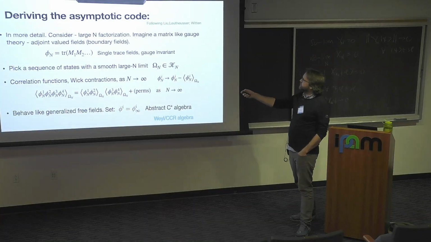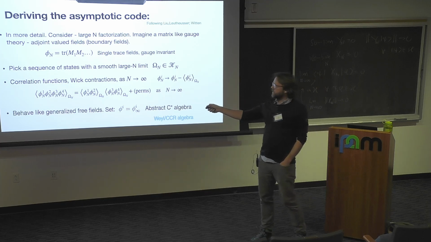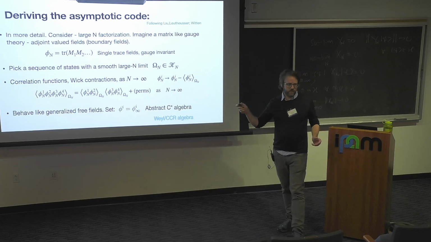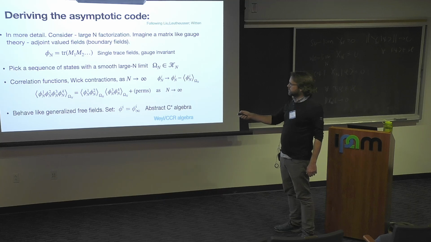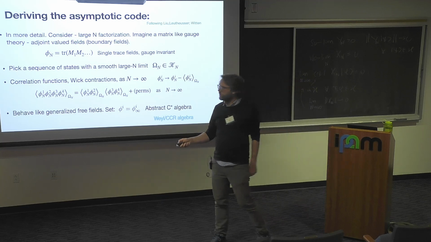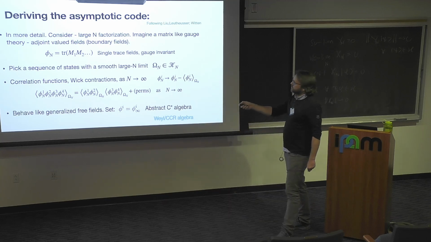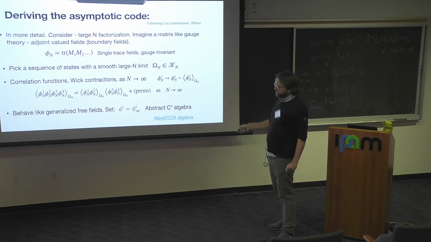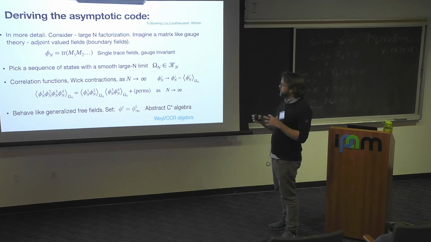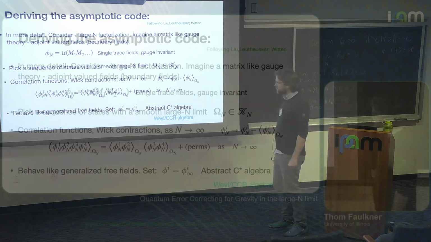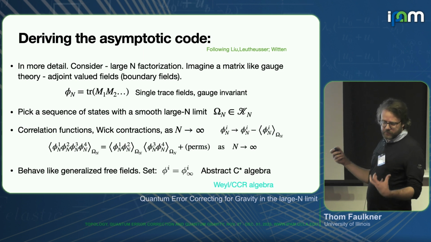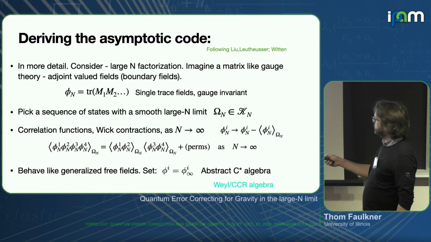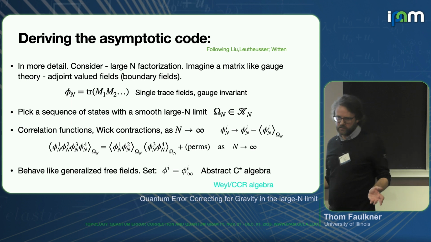So if we have some matrix-like gauge theory, then typically we have sort of adjoint valued fields. And the single trace fields are just if I take a single trace and I take products of these matrix valued fields. So these matrices are N by N matrices, okay? And so you get a bunch of these sort of single trace fields. And they will form some kind of sort of an algebra, but it's not quite an algebra. At large N, it becomes an algebra. At infinite N, it becomes an algebra. And so that's what you mean by these single trace